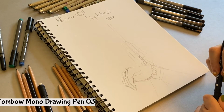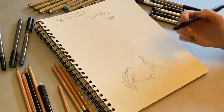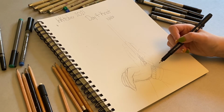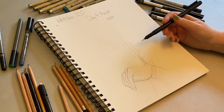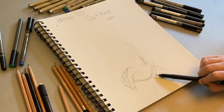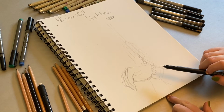Mono drawing pen. I think we should make the hand a very skinny black, and then maybe by the time we get to the rope, or different idea. Whole thing skinny lines, and then each little twist in the rope knot, I create shadows that